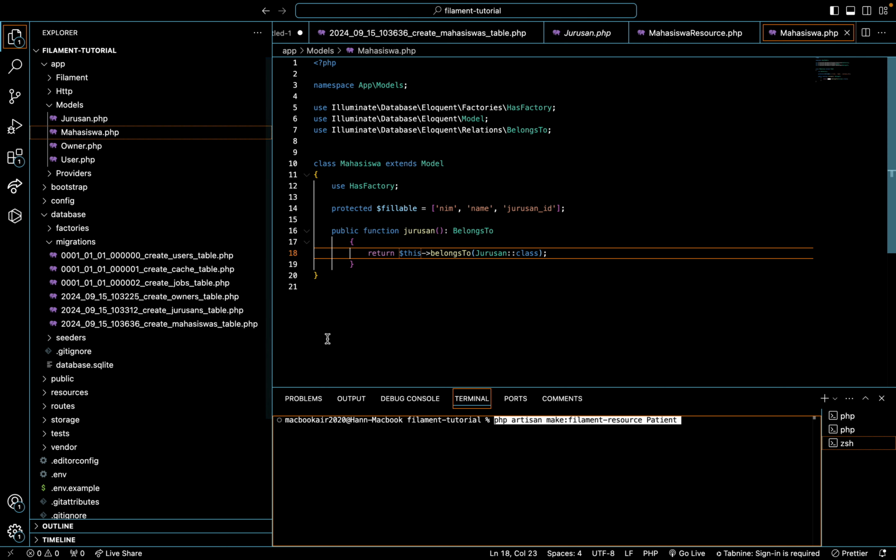Now we will go to the fantastic area, the magic coding. Because I have already made this, I will only explain it.